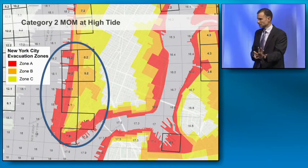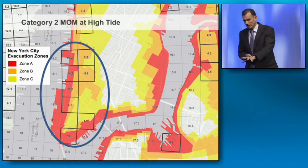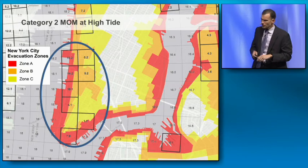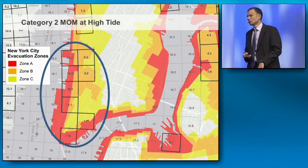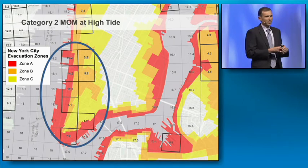Evacuating Manhattan, and this is just one example, is a pretty big decision. I think we can all agree on that. And yet it's very hard to do with our current suite of products. So this has been sort of conceptual. Let's switch to a live demo, which Bobby's going to drive, and we can look at how this might play out